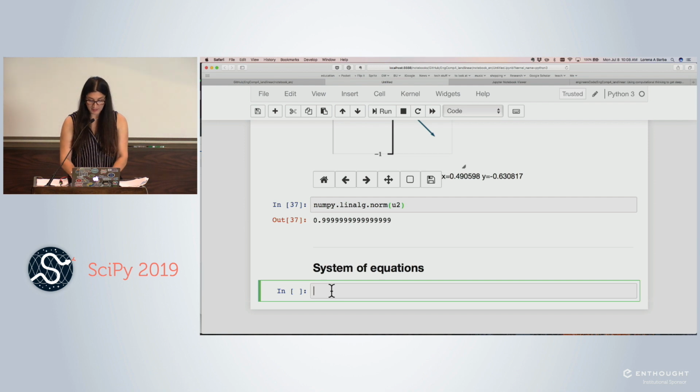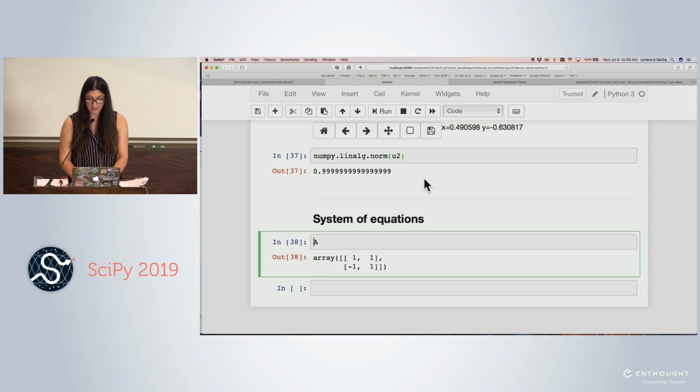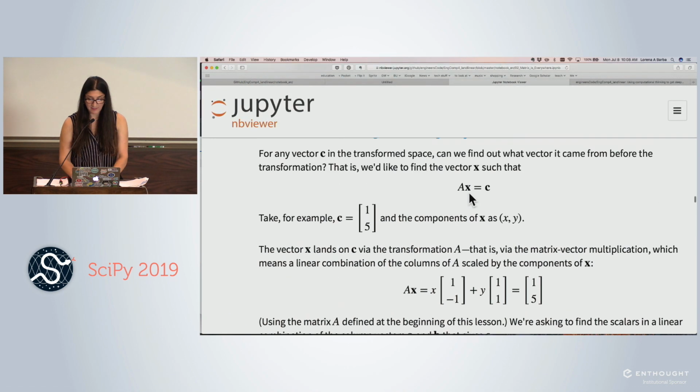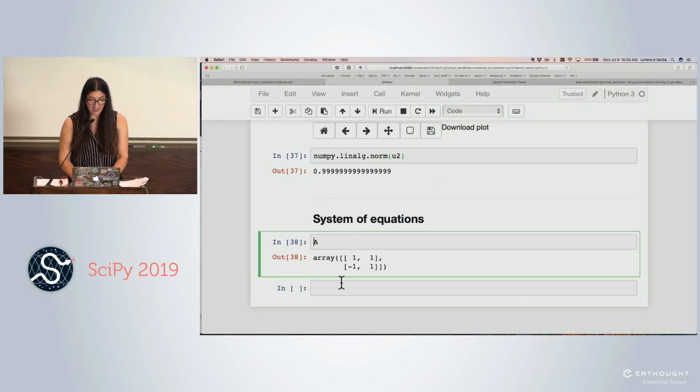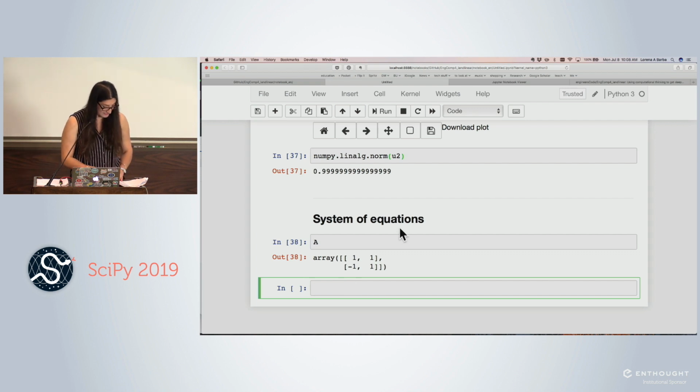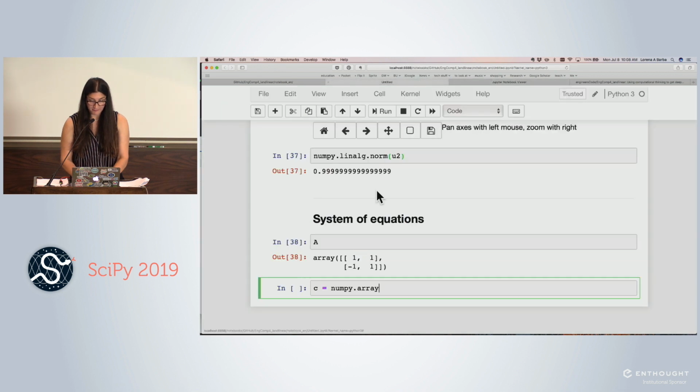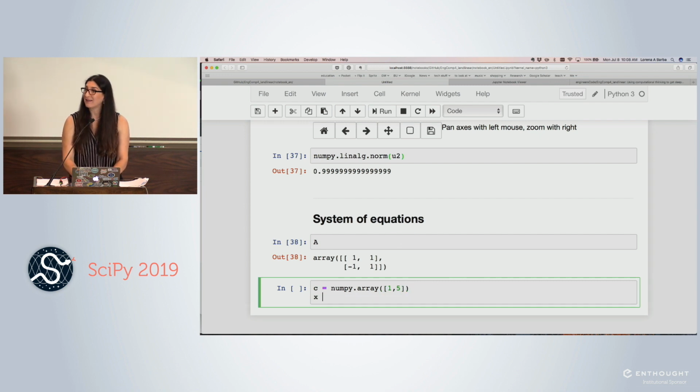And we do have a matrix A, don't we? Okay, but that's not the one we want, is it? Oh, yes, it is. It's the same matrix. Okay. So this is our matrix A, and we're going to now ask ourselves for a vector C, NumPy dot array, and the vector C is 1, 5. For this vector C, what is the vector x that lands there after the transformation? That is going to be A inverse. I believe we computed A inverse already. Dot C